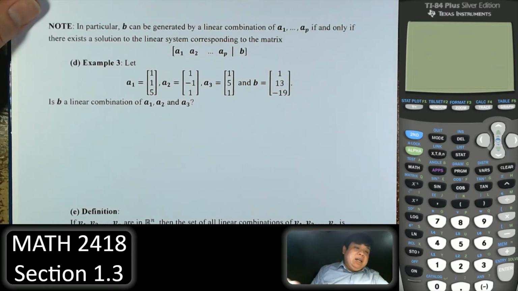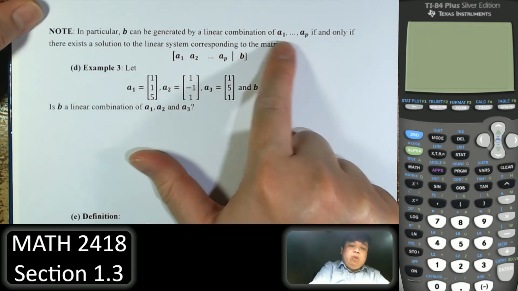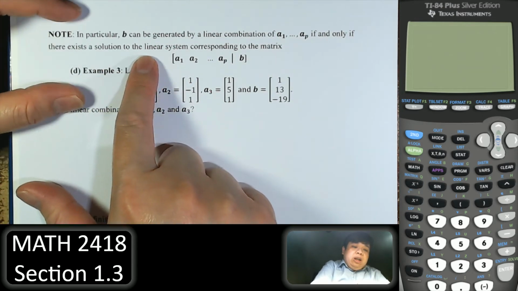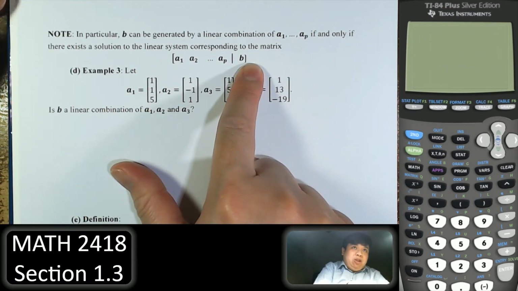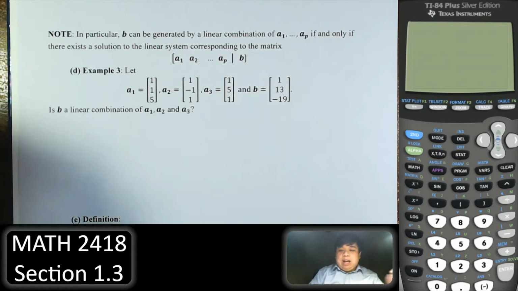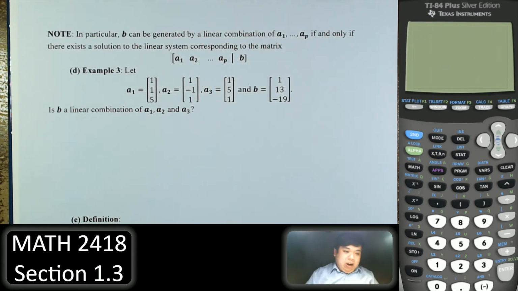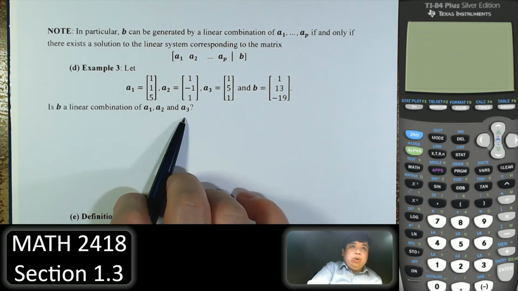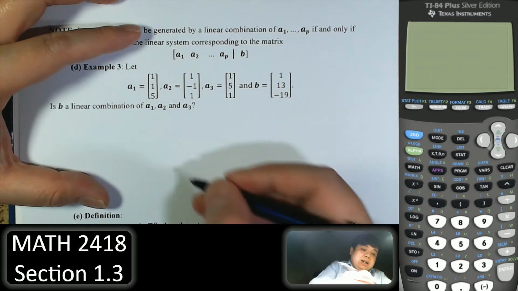In particular, B can be generated by the linear combination of A1 to AP if and only if there exists a solution to the linear system, and we write that in the augmented matrix right away. That is a better way to write. Alright, so is B a linear combination of A1, A2, and A3? Once again, this is equivalent to